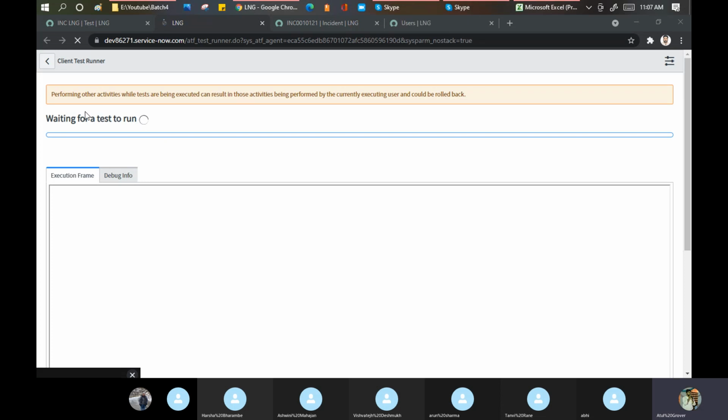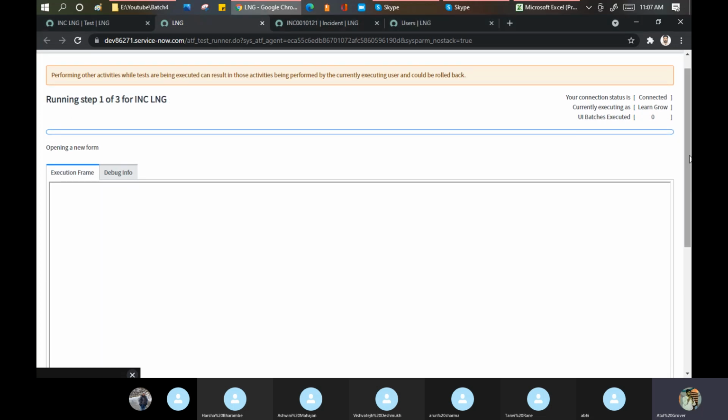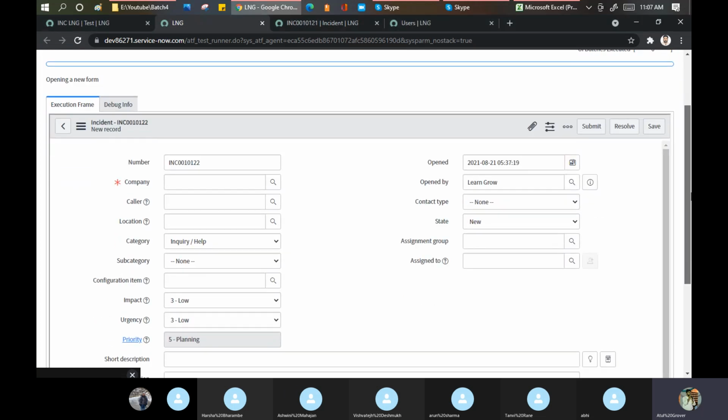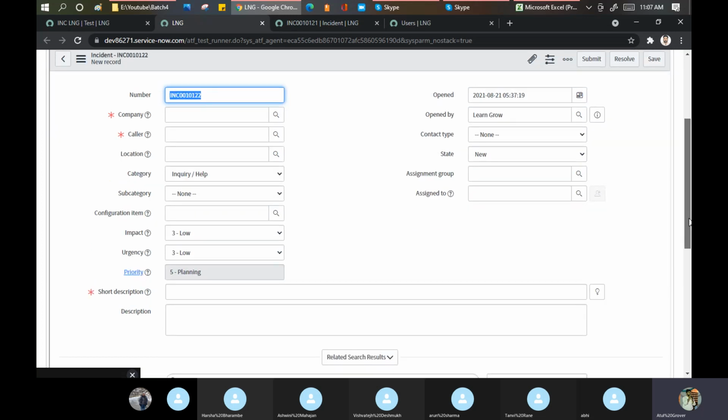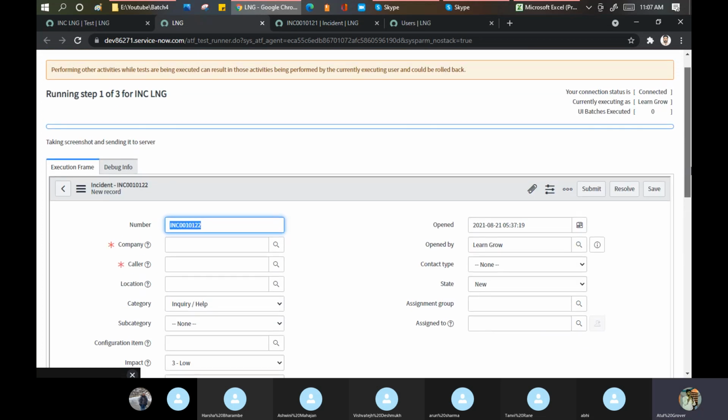Now you see this. See, waiting for test to run. You will be able to see each and everything here. Just look at the screen, don't be diverted here and there. Total 3 steps we have. Yes, it opened the form for me. Company is this, color is this, meaning open a form. It did that part. The first step has been done, because in the first step we are not setting any value. Correct? So it opened a form for me.